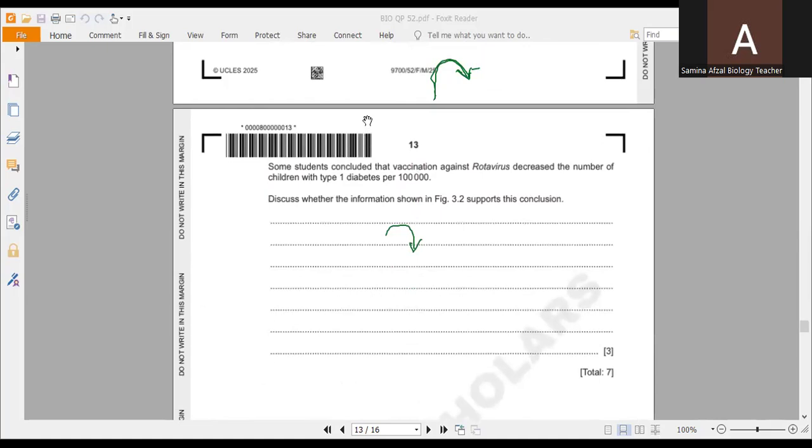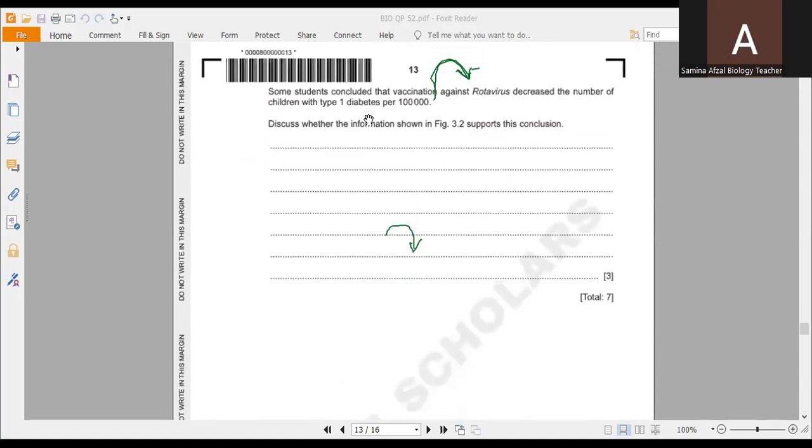Now, some students concluded that the vaccination against rotavirus decreased the number of children with type 1 diabetes per 100,000. Discuss whether the information shown supports this conclusion. Yes, you can see from the graph already shown to you, this figure 3.2 clearly shows